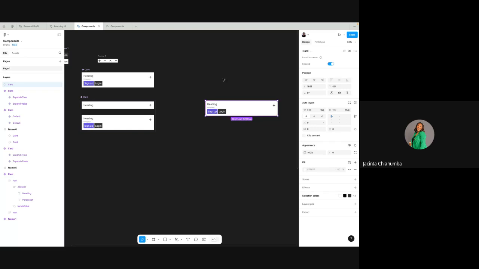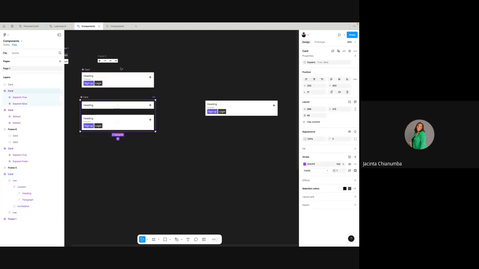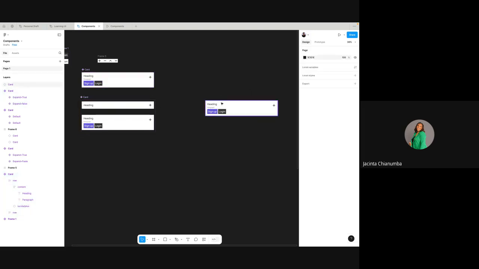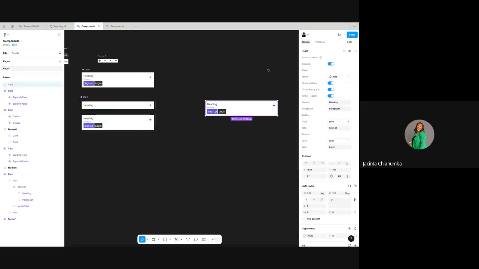Then if you now want to expose all these properties that we've created, remember on this first one we've created those properties, and you now want to expose them, you just go to your main component. Now this is coming from here. So you go to your main component and then you click on this plus, expose properties from nested instances. So once you expose it and then you go to your instance, you can now see all the properties that you were not seeing before. So you can now change whatever you want to change, and it's going to reflect on this